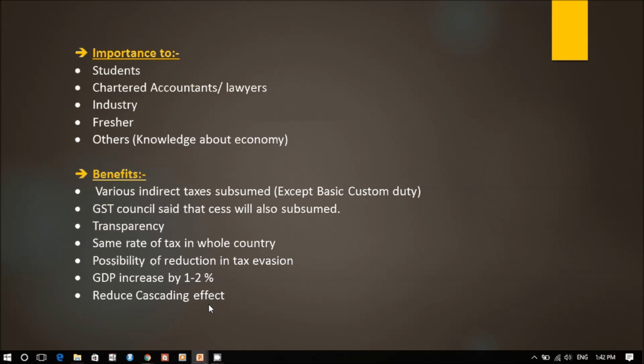Now I want to tell you the importance of GST to various segments. It's important for students to enhance their knowledge, which can help them in their upcoming examinations because GST can be part of their syllabus. Then chartered accountants and lawyers also have to know about GST because they have to meet the compliance criteria of their clients. Industry should also know about GST because they are the actual persons for whom these compliances have to be